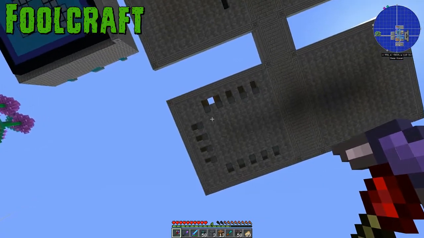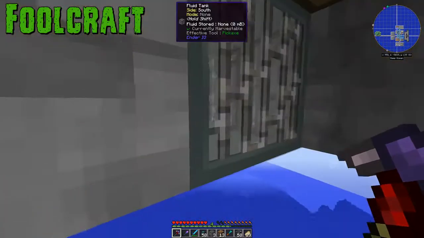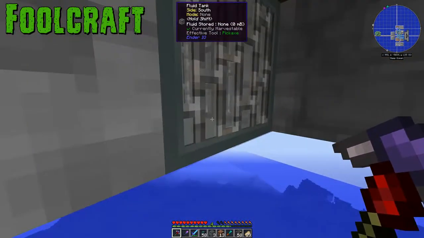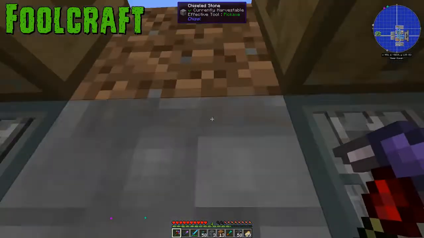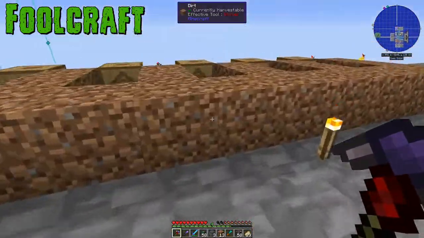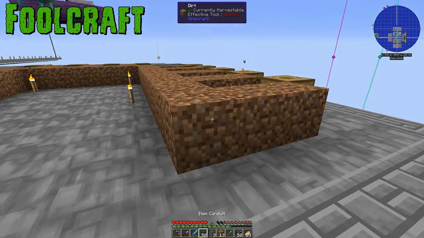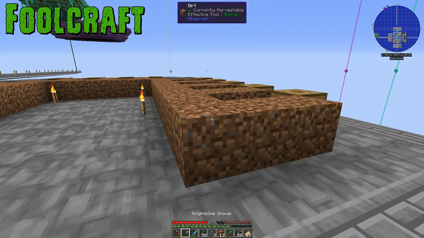can actually go between these areas, and we can always make it so that they don't connect into these other fluid tanks, which is fine. That is exactly what we need. So let me get to that real quick, and we'll come back and see what the design looks like for